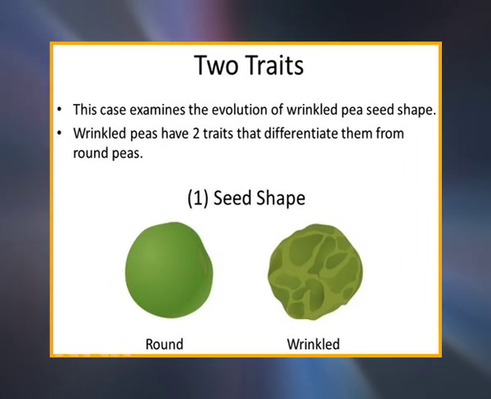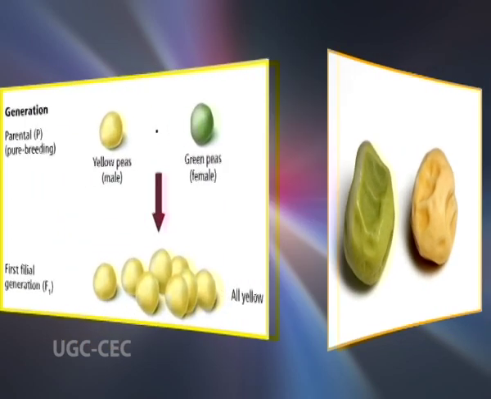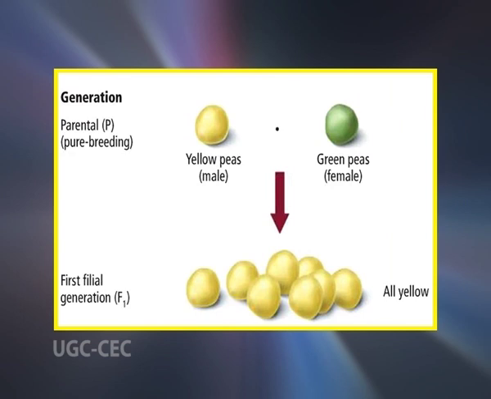gametes. Consider an example involving the pair of traits for seed shape, smooth and wrinkled, and the pair of traits for seed color, yellow and green. Yellow is dominant to green. When Mendel made crosses between true breeding smooth yellow plants, capital S, capital S, capital Y, capital Y, and wrinkled green plants, small s, small s, small y, small y, all the seeds from this cross were smooth and yellow, and the results of the monohybrid